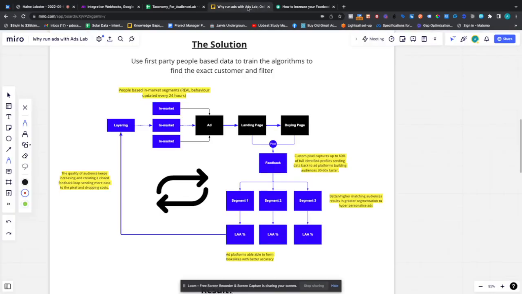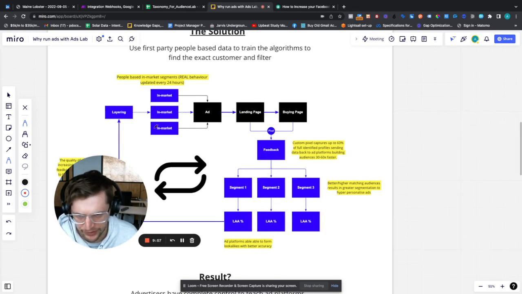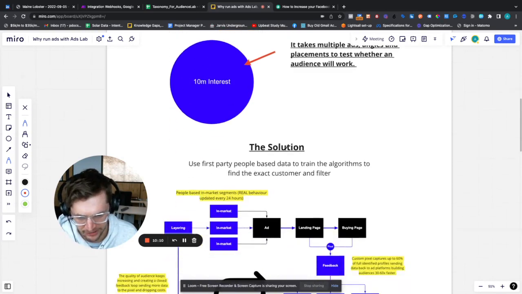So what we're going to do is use our own data. We're going to run that through Facebook ads and all that. Then we're going to use our own pixel to capture that data and validate who's who, and then build very, very segmented audiences. First of all, this is people-based data, so we're feeding the algorithm with better data, right? It's not just a guess. They're not just going into this big audience trying to find our customer in the abyss. We've got a better chance of hitting our customer, right?